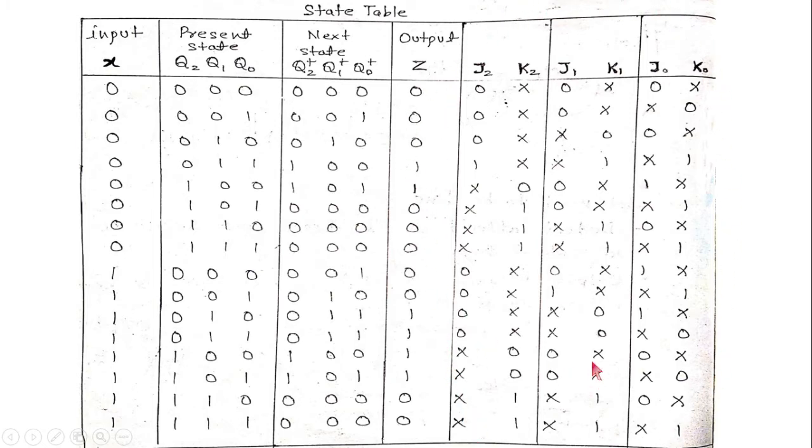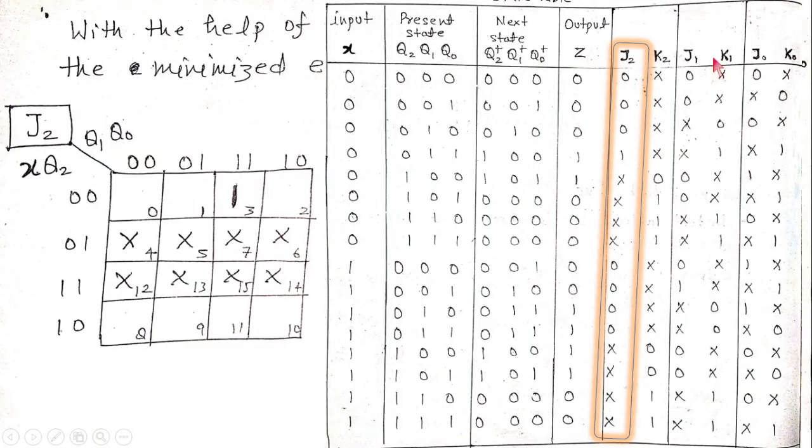We have initiated it and come to this. Now we have to implement the minimized expression for each of J2, K2, J1, K1, J0, K0. So how will we do this? Let's say for the J2 it is 4 variables, it means a 4 cross 4 K map, 16 cells will be there. So how will we fill this? We are going to use the min term representation, so we will focus on only ones and don't cares, because using the don't care we may reduce the